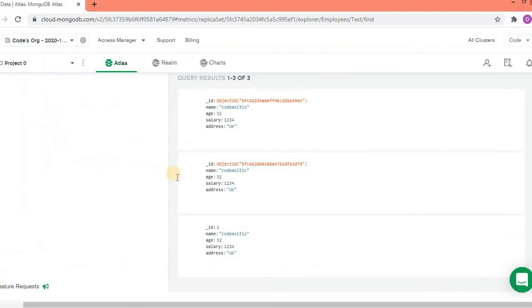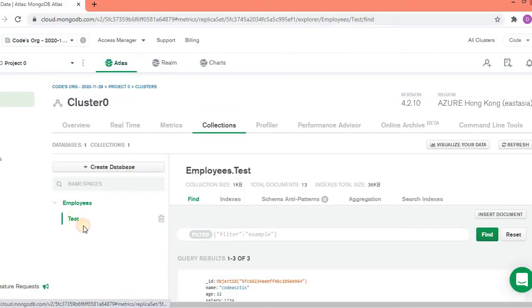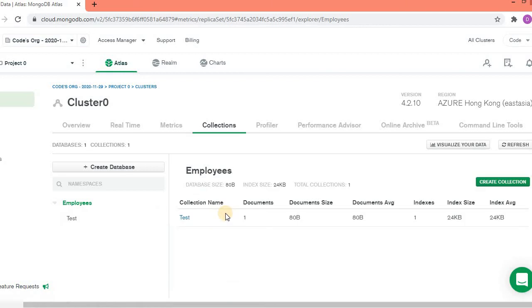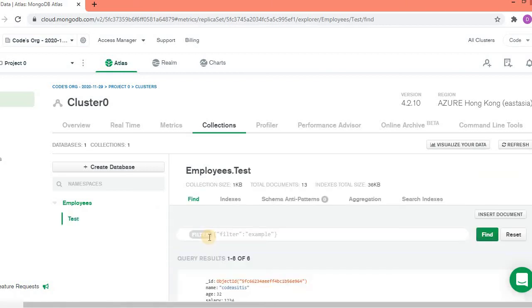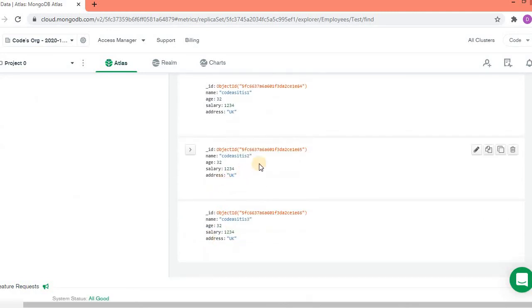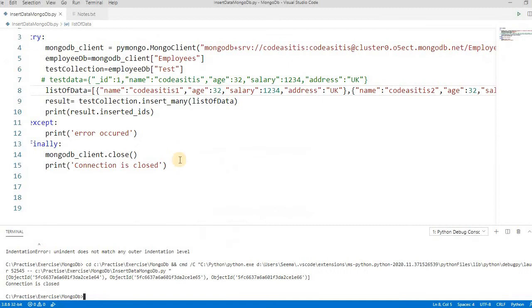Now let's check the database. See here, the IDs are 1, 2, 3. In one document I will also insert something like department, say IT, information technology or development.